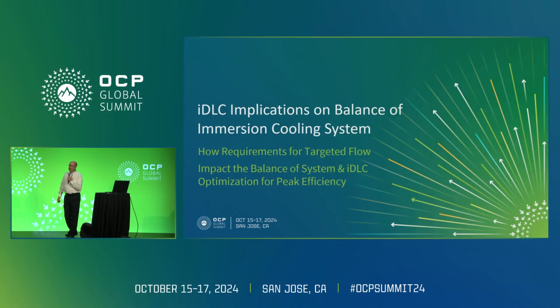Good afternoon to everybody. And congratulations to everybody who made it through the whole day that started with us this morning. Way to go. Those of you that have joined us more recently, my name is John Bean. I co-lead the immersion project with Rolf. My day job, though, is with Green Revolution, and I'll be wearing my GRC hat today versus my OCP. So I'm going to have a conversation a little bit different than some of the other ones here with targeted